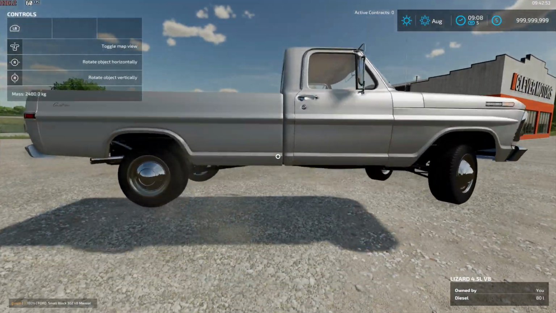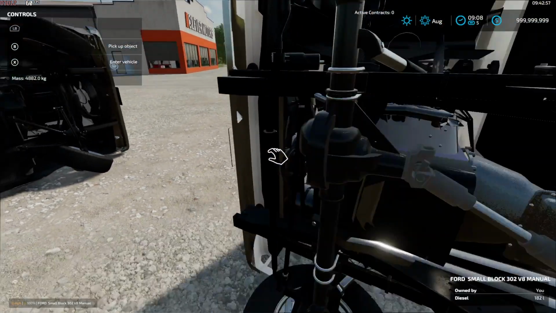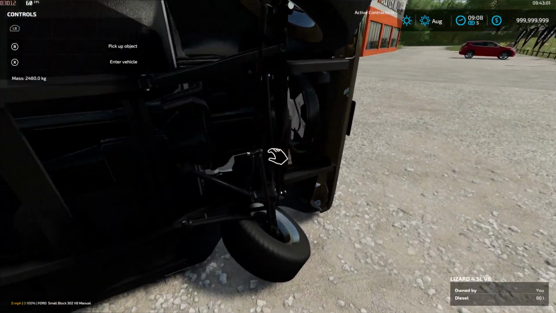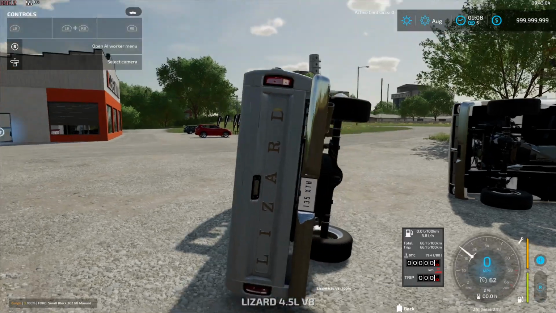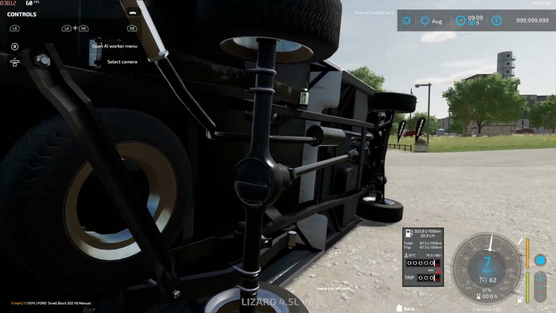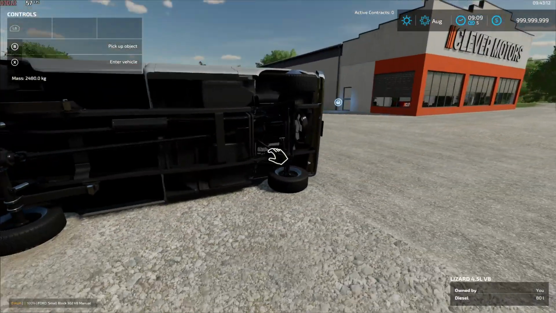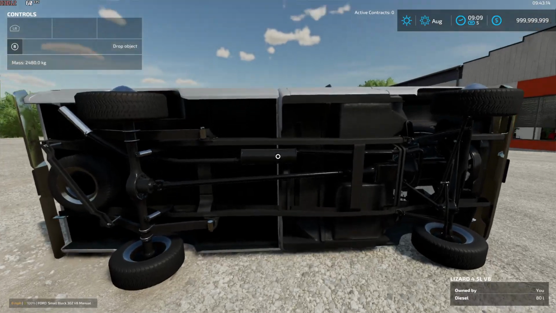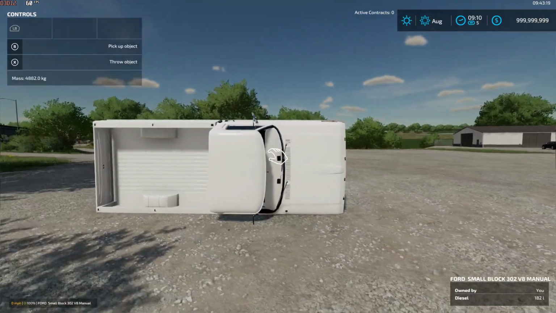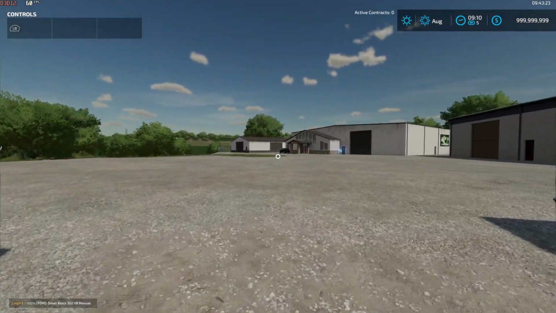And come over to here. I'm gonna say the modeling is probably on par for each of these guys. Although this one, the drive shaft is. So I'm gonna probably say the Lizard is better modeled. Lumberjack is a wonderful mod. But anyhow,